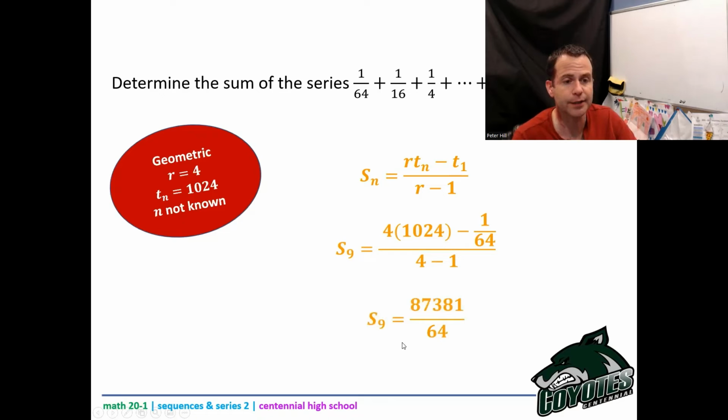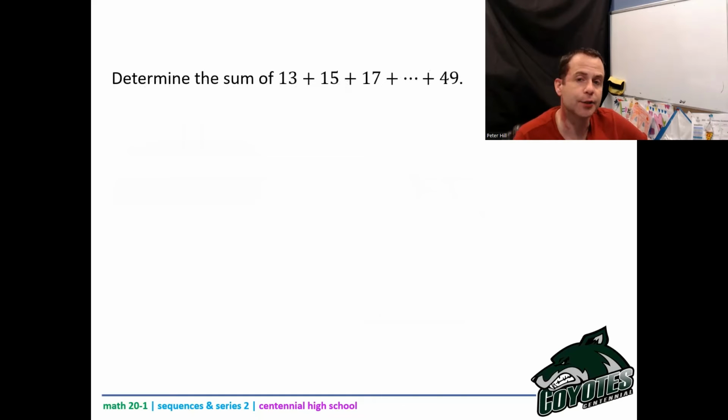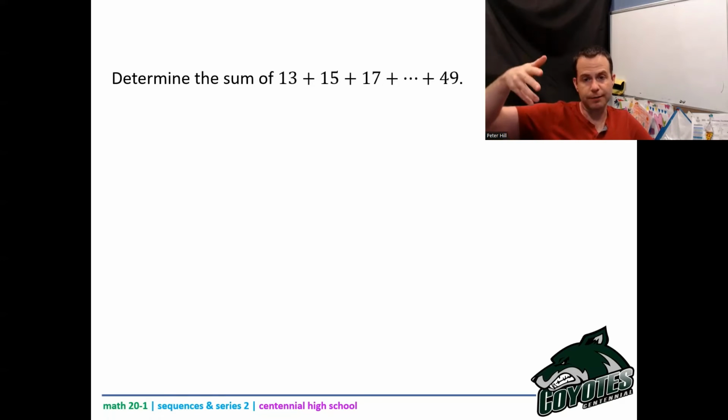Your final answer there should be 87,381 all over 64. Leave it an exact value unless you were told otherwise. Okay, awesome, guys. All right, determine the sum of 13 plus 15 plus 17 plus a bunch of stuff plus